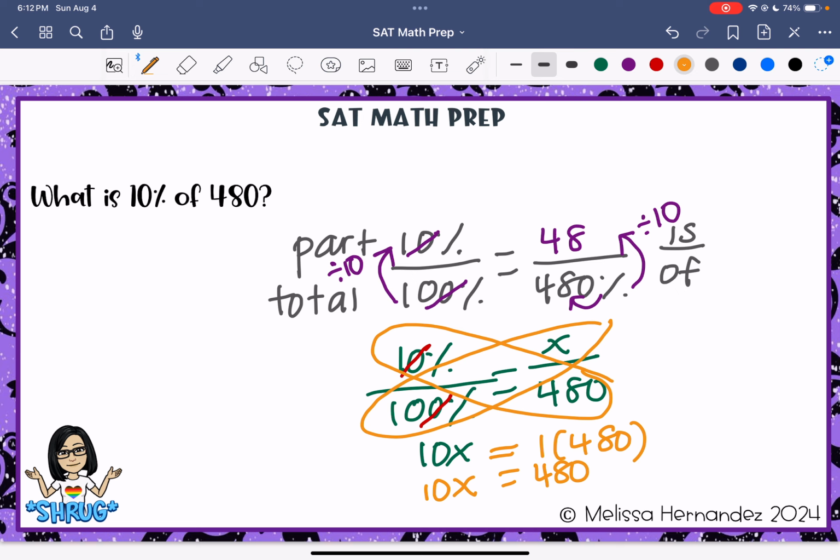However, if you're prepping for the SAT, I'm guessing you probably just want to figure out how to pass and refresh your memory. So divide both sides by 10 so you can solve for x. And then we already know 480 divided by 10 is 48. If we did it right, so you're going to have multiple choice on SAT prep. And so you could go back, plug in your original numbers,